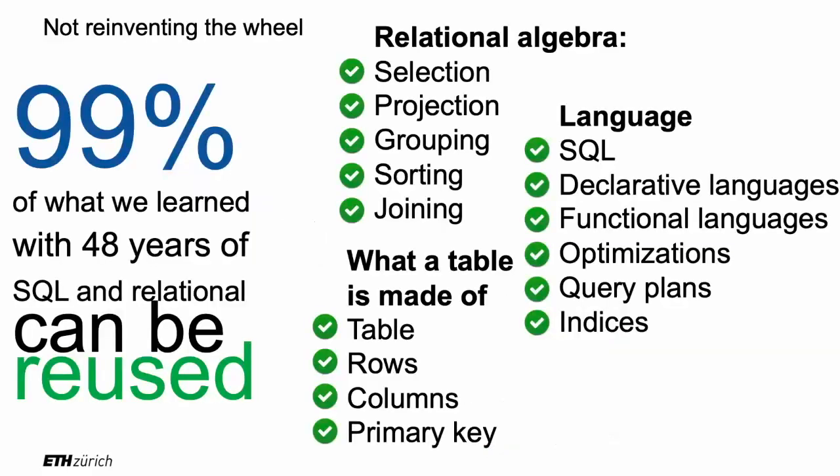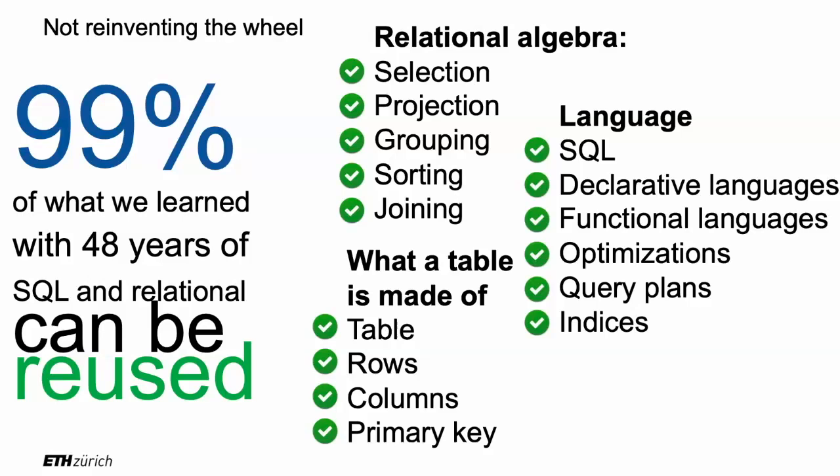PostgreSQL, over. However, we have a way of using new technologies, but still preserving many of the ideas and the constructs that we got from PostgreSQL and the like. So we have all of these years. I forgot to update the 48, it's even more now, but 99% of what we learn can be reused. Selection, we'll still have it. Projection, grouping, sorting, joining, we'll still have this in this lecture. Tables, rows, columns, primary keys will also still have it in this lecture.